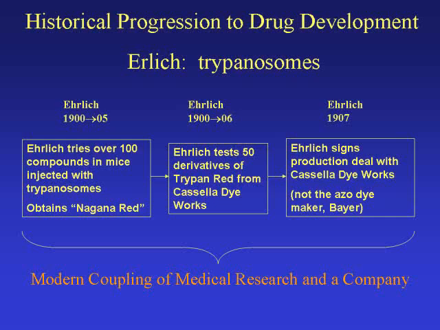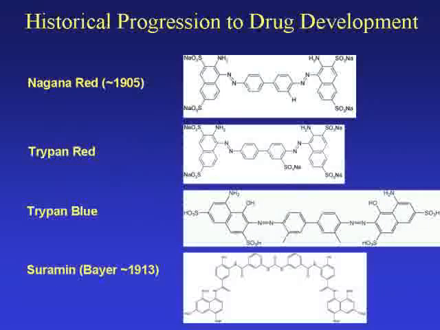Also present at this very earliest stage of modern drug development were those 2 ubiquitous features: intellectual property disputes and contract disagreements. Here are just 4 of the large number of compounds considered to treat trypanosomes in the early 1900s. There are many wonderful things to say about these compounds and their derivatives, but there simply isn't time for it here. For example,